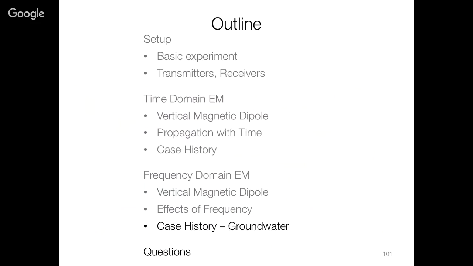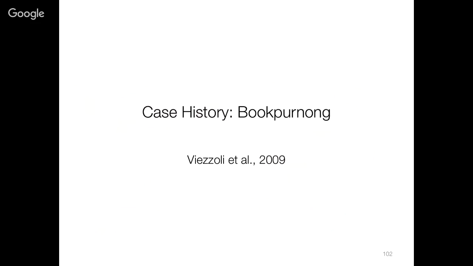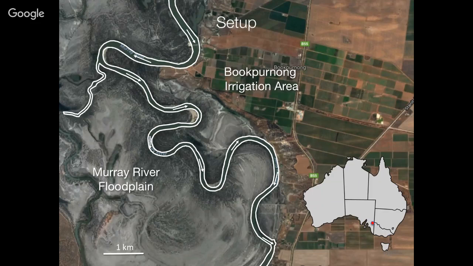So the case history that's associated with that is one for groundwater. It happens in Australia. This is an area called Buprano. How many people know about this particular case history or what has gone on? All of the CSIRO people. So here's the setup. We're down here in the Murray River, and we've got